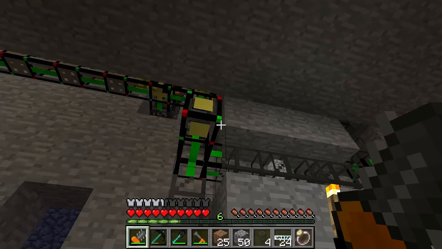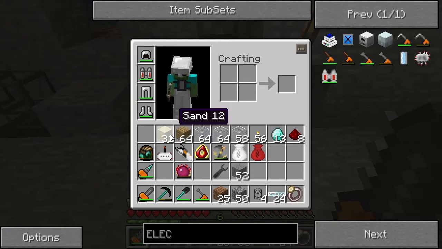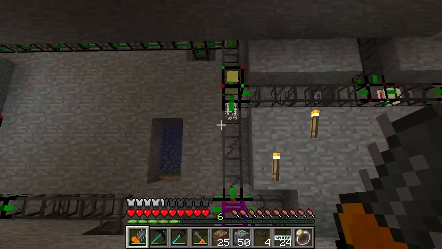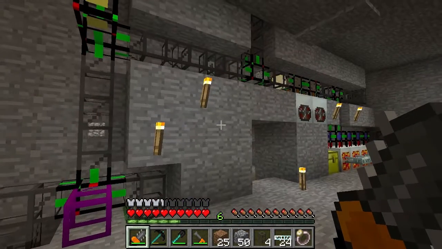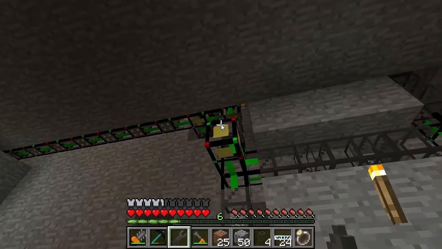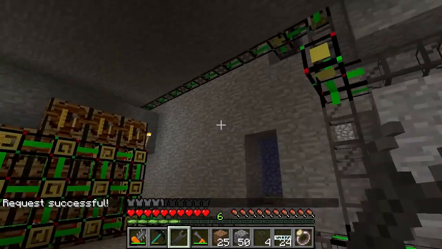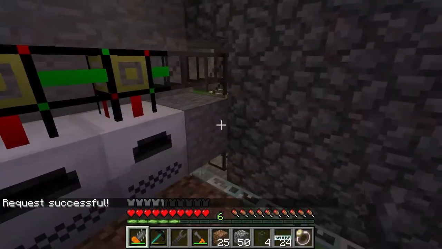Let's go ahead and try to... we can throw that sand there. Throw the glass there. Everything should try and get recycled. But I guess we are going to get that glass back, so that was sort of dumb. Let's go ahead and try to request 41 pieces of glass. So, everything should start zipping around. And...